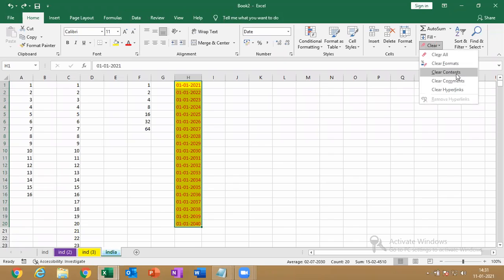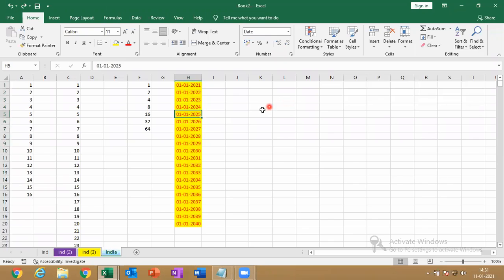And next, clear formats you did, clear contents you did, and clear comments. I think there is no comment in the cell, so let me show you. See, this is a cell.